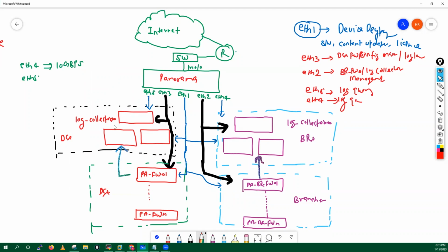They will forward to the log collectors only. So from Panorama we are just querying for reports, if you want to see the threats or the top applications. That is what we do. Got it. Cool. Any other questions, guys?